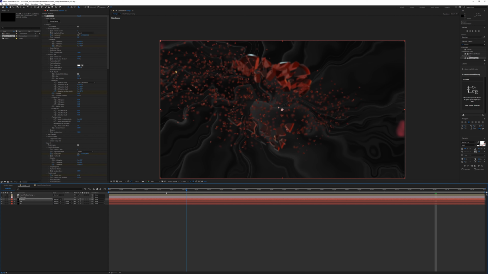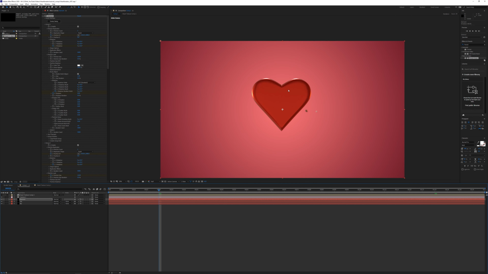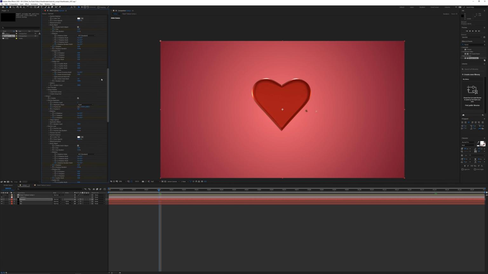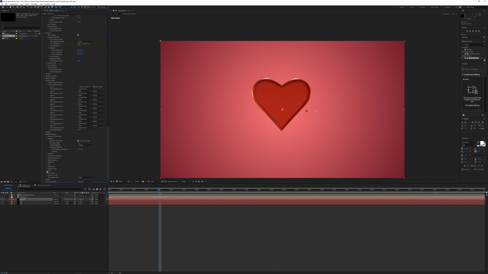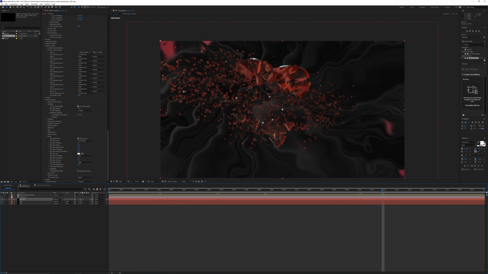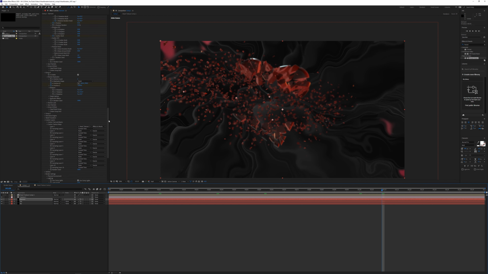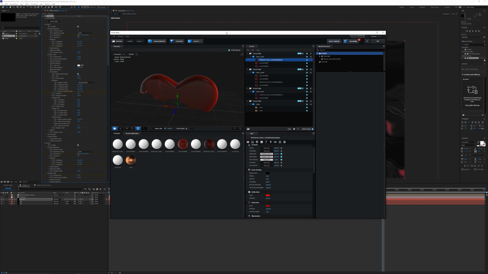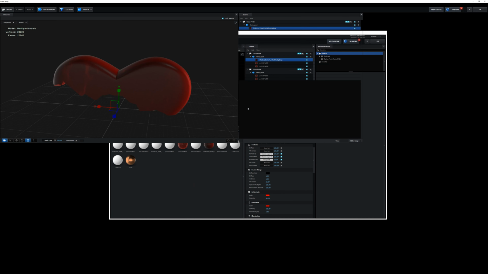So one thing that we're going to do, if we actually go to the very beginning here at around frame 30, go down to your render settings and then under glow, open up glow, enable glow, and then increase the intensity to something like 2.5. So now you can see that around the areas where it's bright, it's going to have a little bit of an aura around it. And then inside here, I kind of want these little pieces to glow a little bit more. So we're going to go back to the scene setup and then play around with the illumination settings for the material for the inner parts.